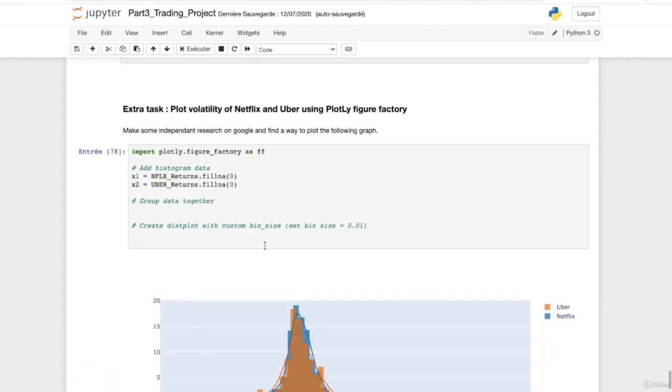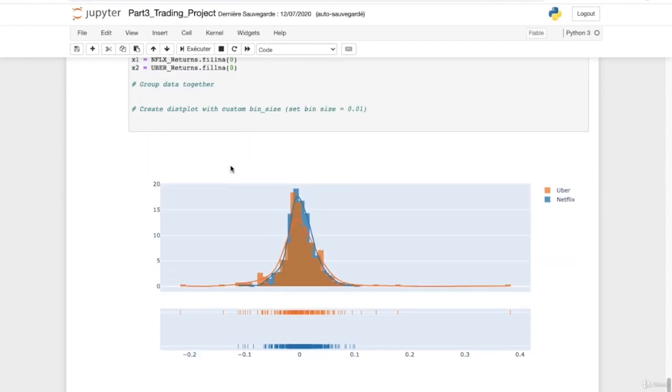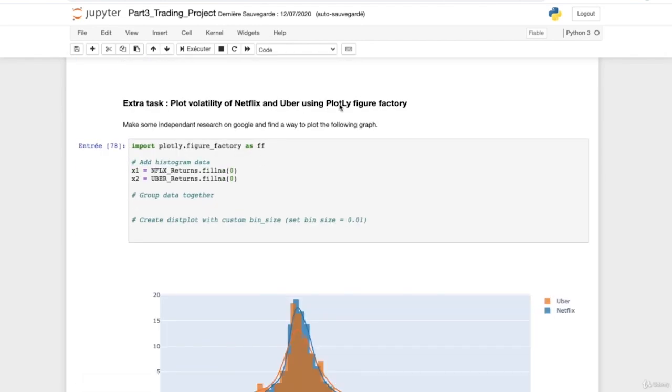And to conclude this video, we are just going to go over the extra task that I gave you, which was to compare the volatility of Netflix and Uber visually by creating a plot. I never went through Plotly Figure Factory, so that's going to depend on some independent research that you have to do. In order to do so, that's quite easy. I give you the name of the application, which is Plotly Figure Factory. What you have to do is just go on Google